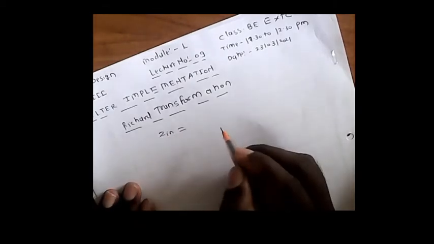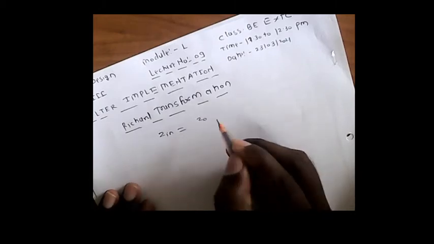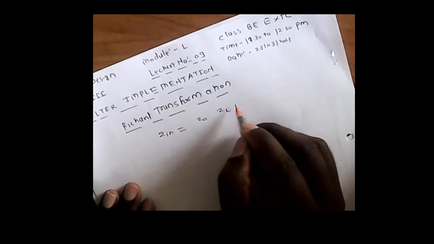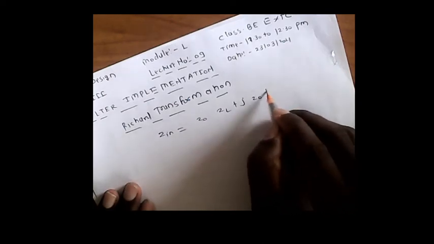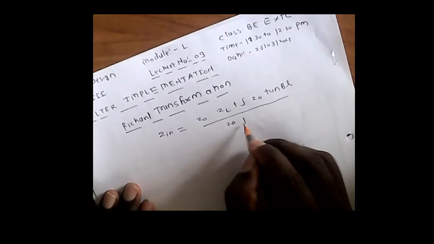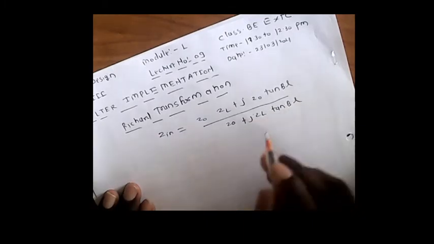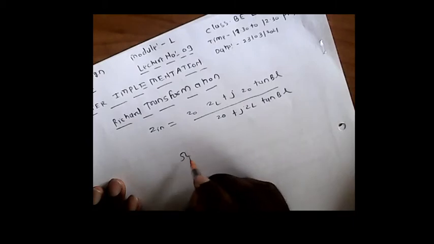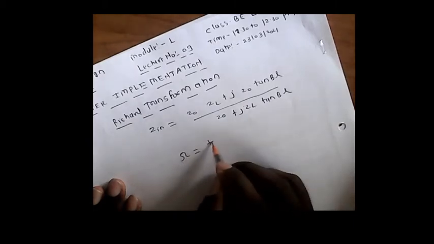The input impedance is given as Zin = Z0 (ZL + jZ0 tan βl) / (Z0 + jZL tan βl), in terms of Z0 and the load impedance. The Richards transformation is given by Γ = jΩ = j tan βl,